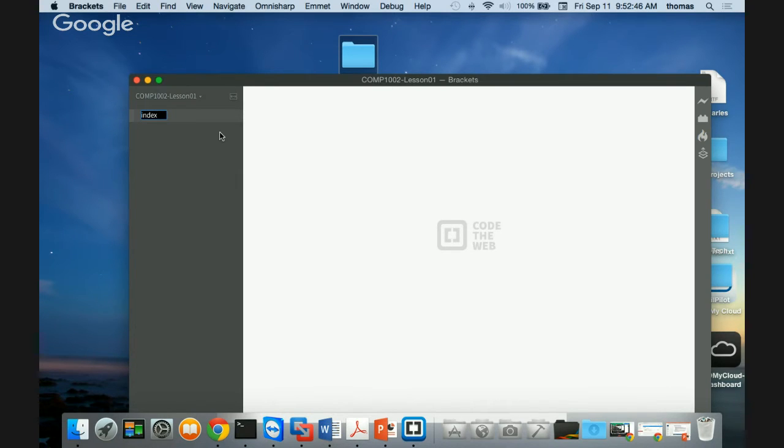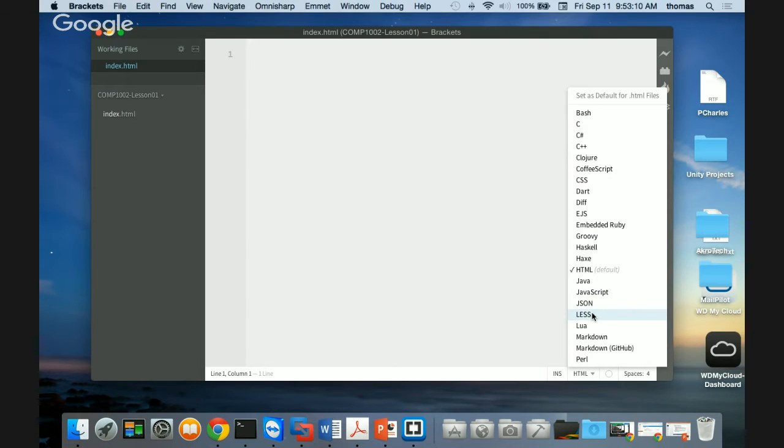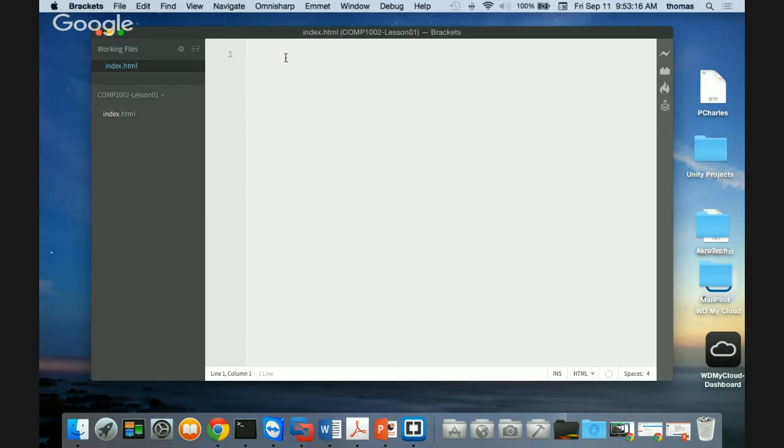In the past, we used to have either .htm or .html as an extension. I'd like you to stick with .html for the time we're together. All right, index.html. And index.html basically tells us that this is an HTML page. And if you notice on the bottom here, there are different kinds of pages that I can bring up, different kinds of markup, if you will. It shows us what the